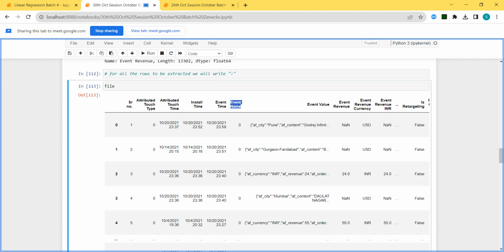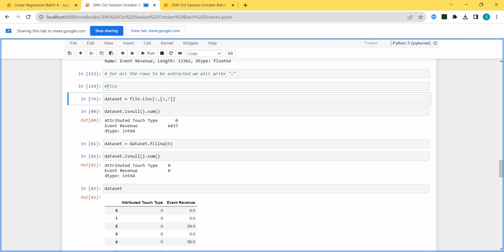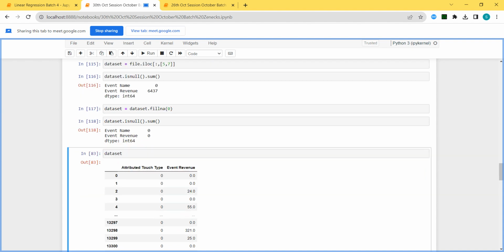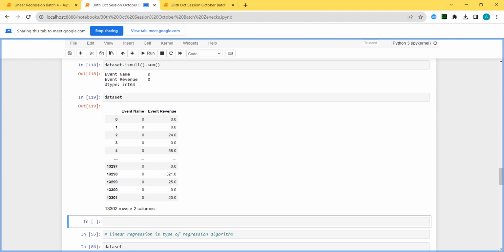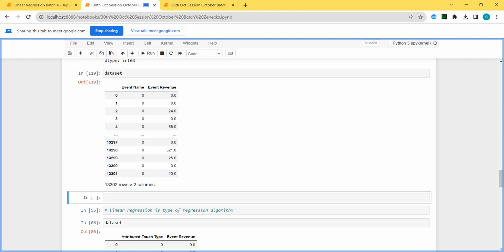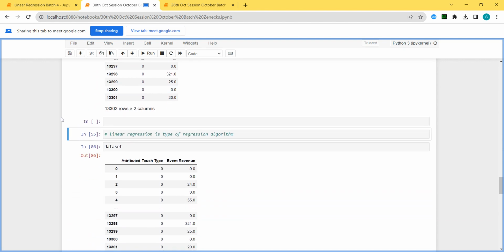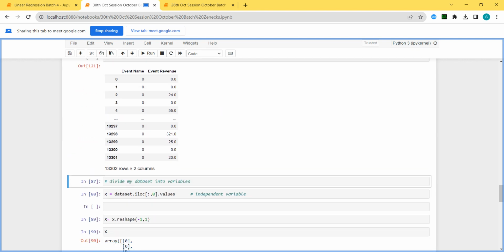So the fifth column is my event name column. So I want the fifth column here. I have taken my data set now, event name and event revenue. Simple thing is there. Based on this, I'm going to predict further things.